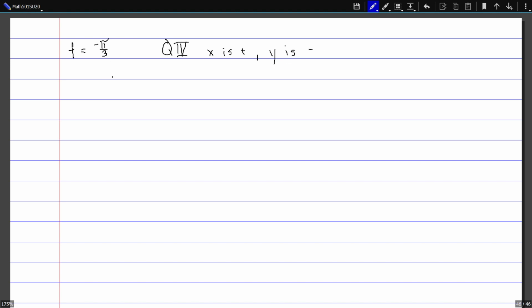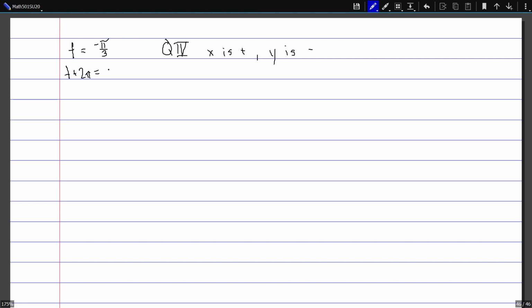But in and of itself, this isn't super helpful because we haven't really talked about how to find the angle for this specific value. But we can do a little bit of a cheat here. We can instead deal with its coterminal angle, another angle whose terminal side is in the same position. One of the ways we can do that is by adding 2 pi. Basically, go a full revolution around and you'll end up back where you started. So if we add 2 pi to this,